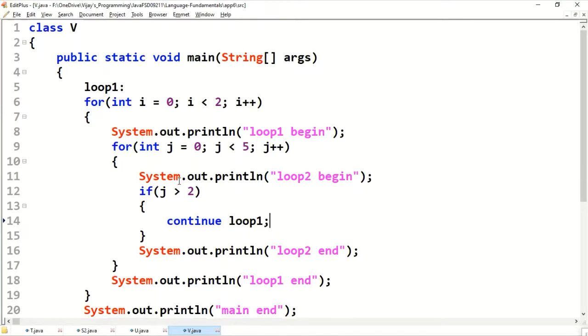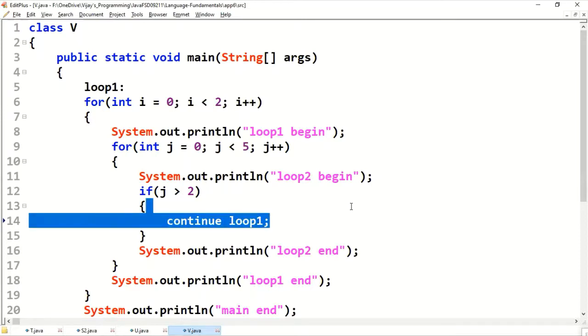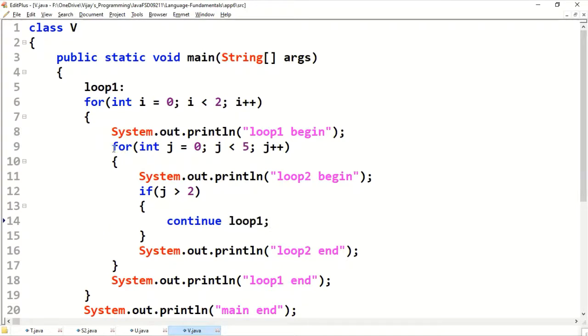So this is what we are calling labeled loops. Instead of continuing the inner for loop, it is going to continue the outer for loop.